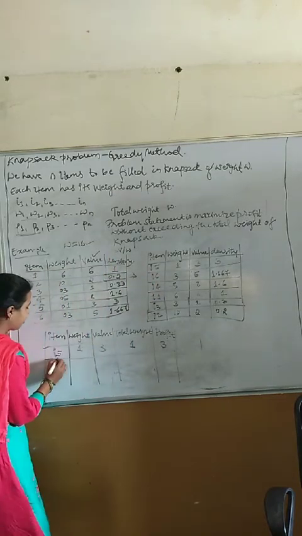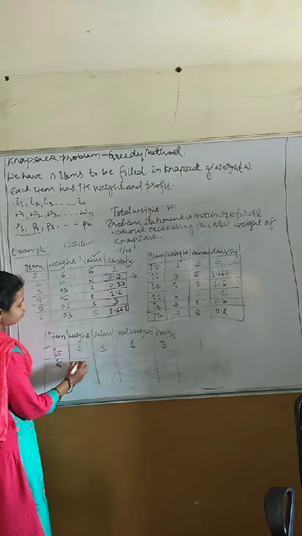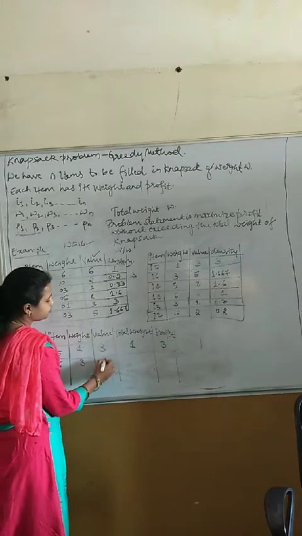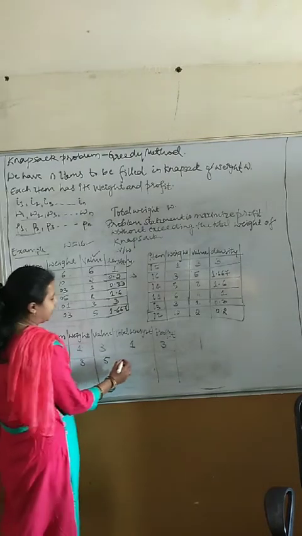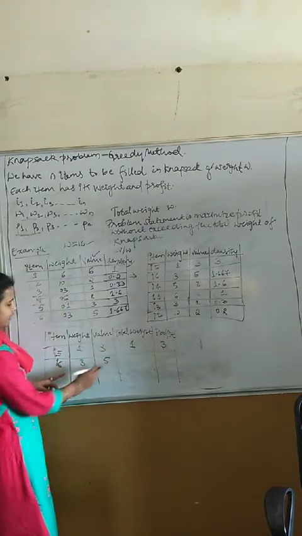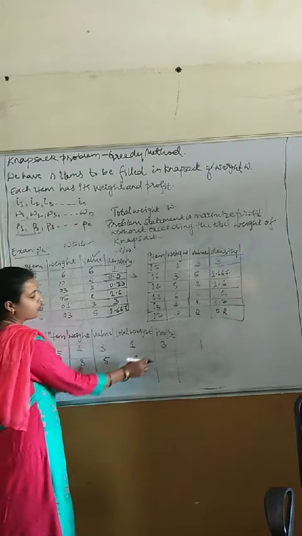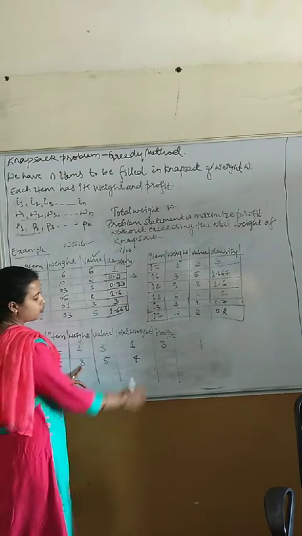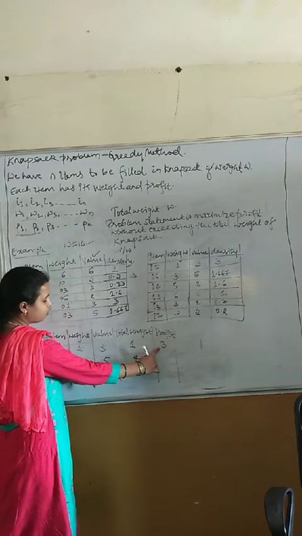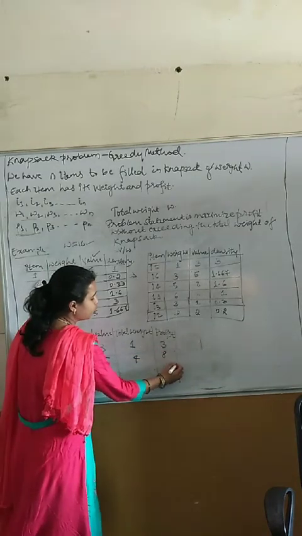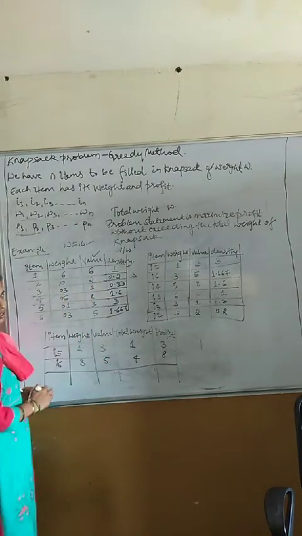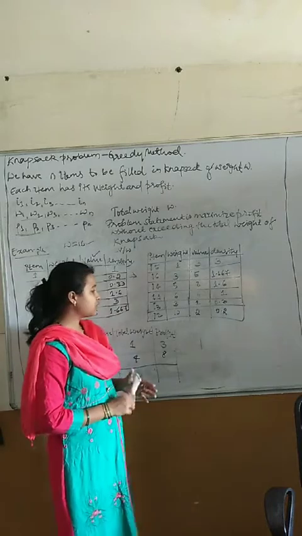That is item number 6. Item number 6's weight is 3. Its value is 5. And what will be the total weight now? 1 plus 3, it is 4. What will be the total profit earned? It is 3 here. What is its value? 5. So 8 is my total profit which I have earned. Okay. Hope all of you are understanding this one.